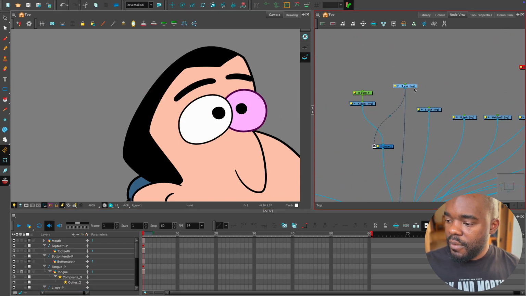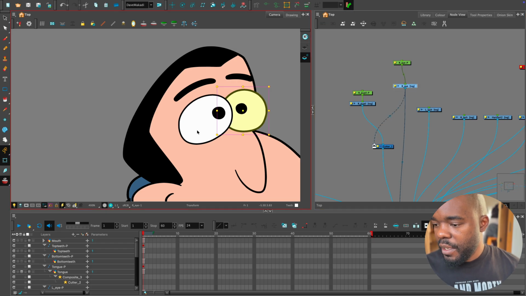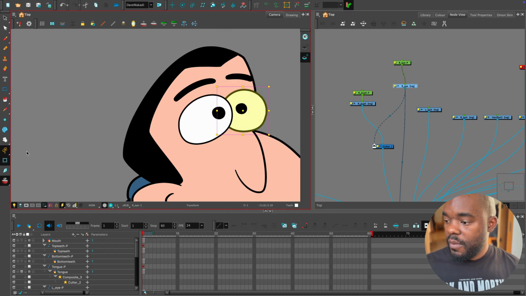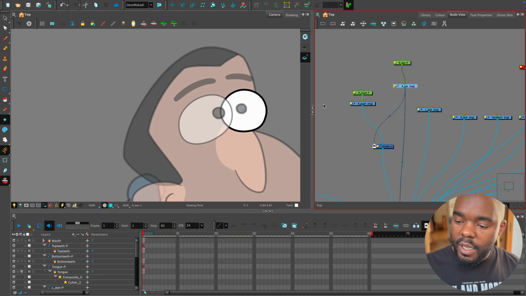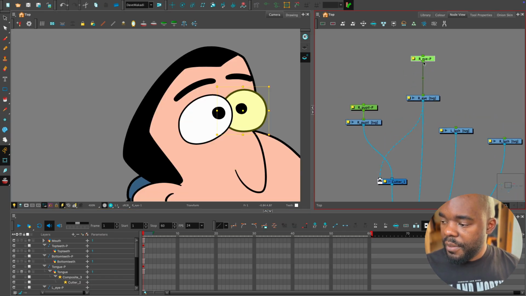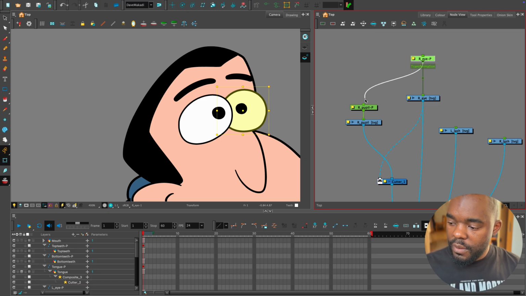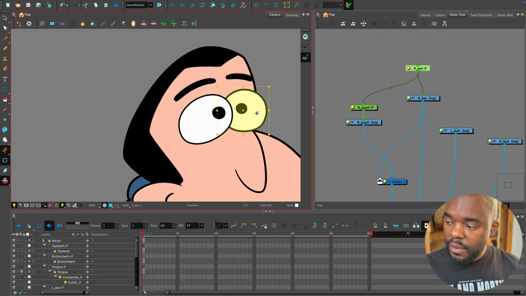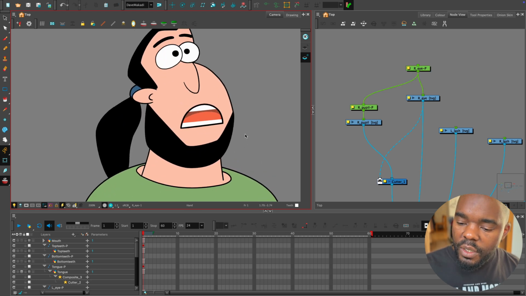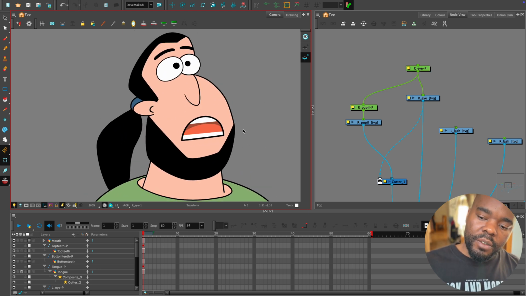So I want to do it for both. Select this eye, create a peg, set the pivot, and then take the eye input to control the eye output. That way, we could do that. So now that we have everything